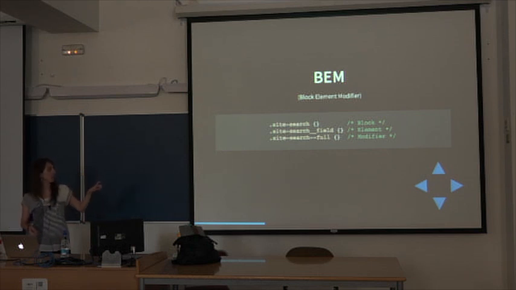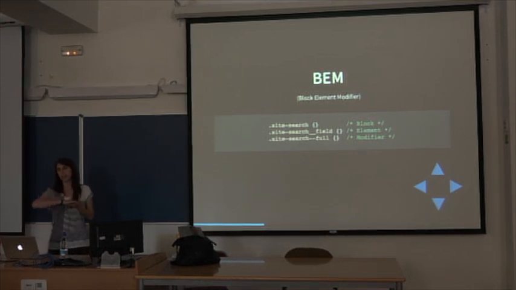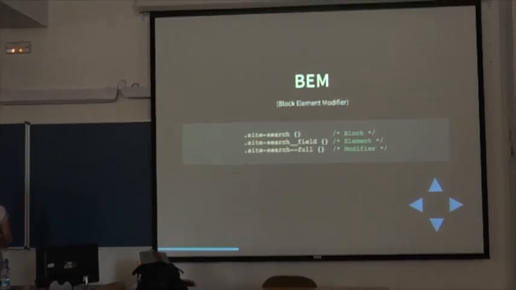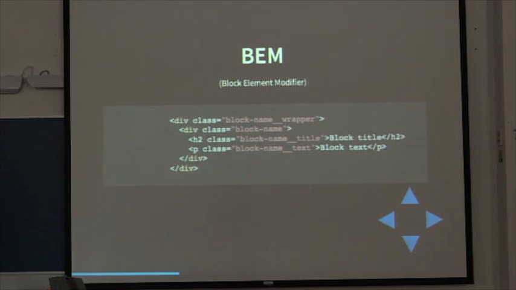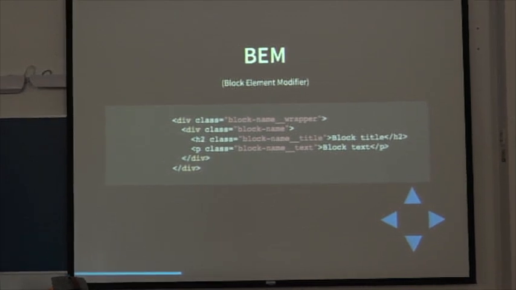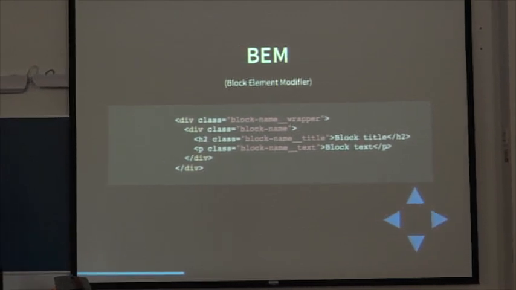And then you have the modifier. It could be full, big, small, right, or the section it belongs to. That way we have a convention that everybody in the team can use, so you can share a lot of things with different profiles. For example, it could be